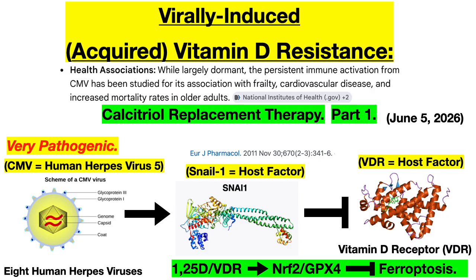So this means the signaling pathway, which normally suppresses oxidative stress and by doing so suppresses a programmed cell death known as ferroptosis, without calcitriol,